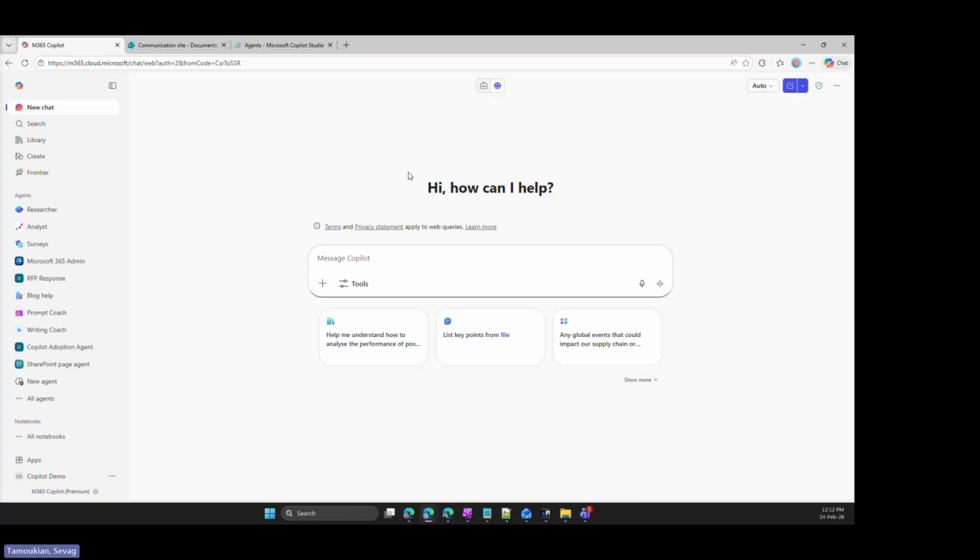Now, that expanded. On this screen, by the way, when I'm in the web, this is the free version. When I'm going to work, this is the M365 Copilot version. Currently, I can ask Copilot to use its default settings to think and come up with answers. And as you can see over here, there's an auto.